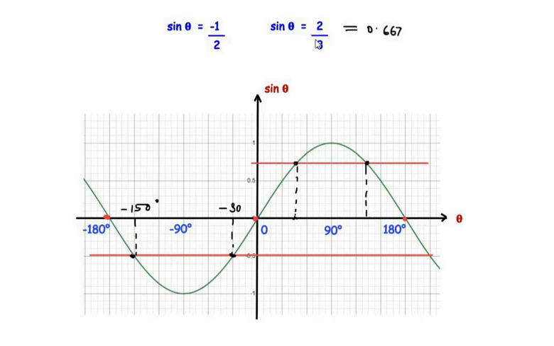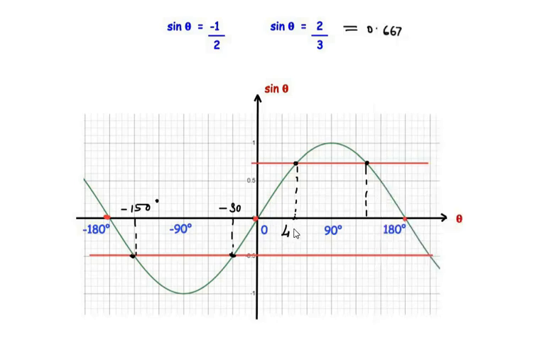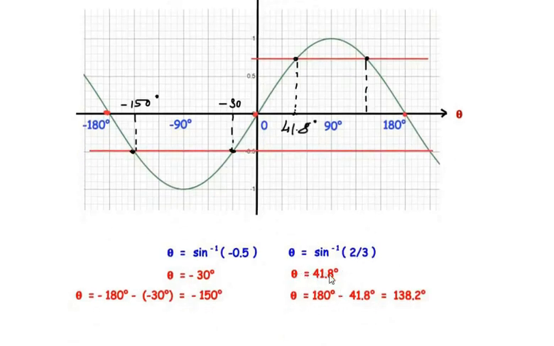So let us try to find out the first value which is in between 0 and 90. So here we have sine inverse of 2 over 3 and this is going to give us 41.81 degrees. Let us round it to one decimal place, giving us 41.8 degrees over here. And to find out the second angle, we have to subtract 41.8 from 180 degrees. So here we have written the first angle is 41.8 and the second angle is 180 minus 41.8, giving us 138.2 degrees. So these are the four values of theta which we get for sine theta in between minus 180